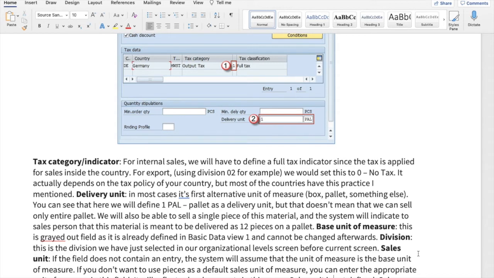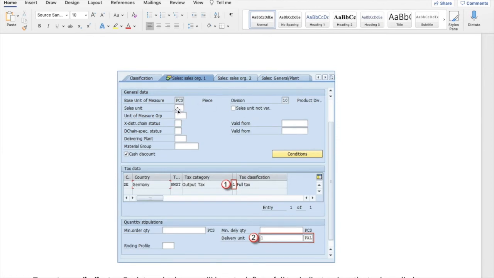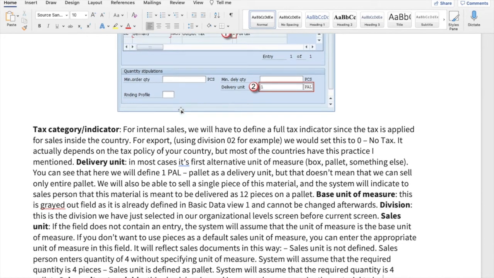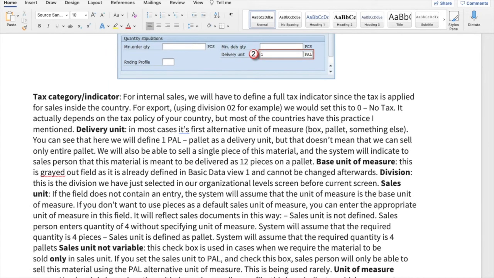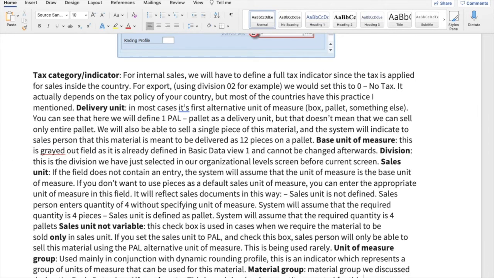But if you do not mention anything in the sales unit of measure, it will by default pick up the base unit of measure. I will show you where the sales unit of measure is kept. Sales unit is measured here. If you keep it blank, it will automatically show that it is the same as the base unit of measure actually. Then we will come to another field which is called unit of measure group. Material group is in the basic view, we have seen that every material has a material group. Now for that material group, which unit of measure is necessary, you can mention over here.